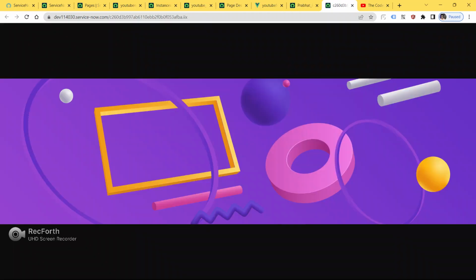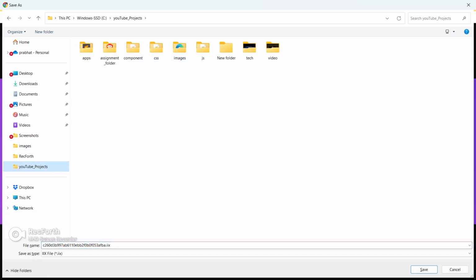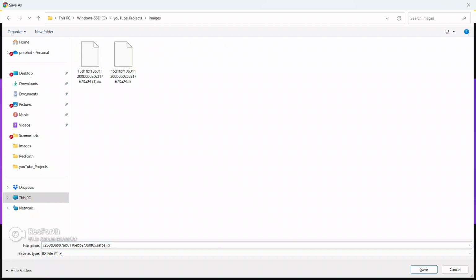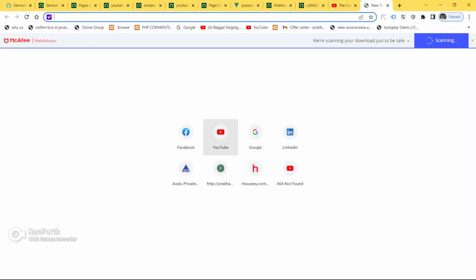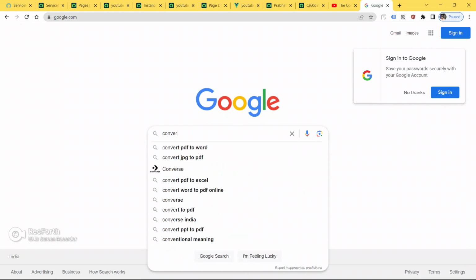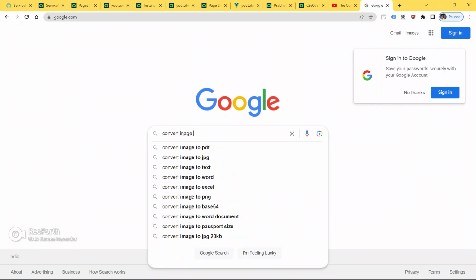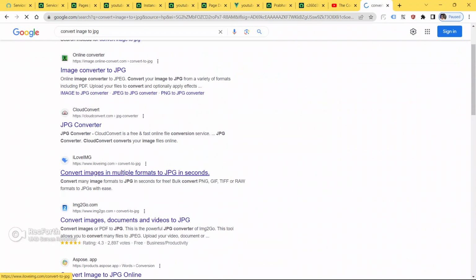So this is the image. Let me click it. See, this is the image, guys. I'm going to copy this image and put it inside the YouTube project, inside the images. Copy the name, then open google.com and search for convert image to JPG.